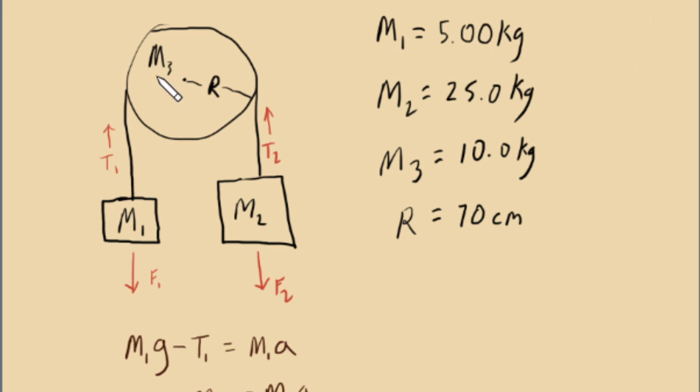So if we look at the pulley, we could come up with a third relationship because we know that torque equals I alpha, the moment of inertia times angular acceleration. And so all we need to do is, just like when we solve F equals ma, where we summed our forces and we get our mass times acceleration, we need to sum our torques, and that's going to equal our moment of inertia times angular